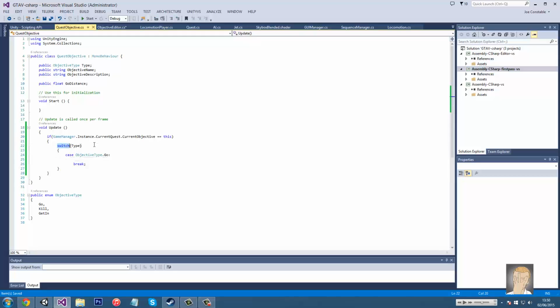What this does is it tells it we're going to switch through the type, and then it does a check to see whether the type is equal to ObjectiveType.Go. If that is the case, we then need to create a distance variable, so we go float dist equals Vector3.Distance from,